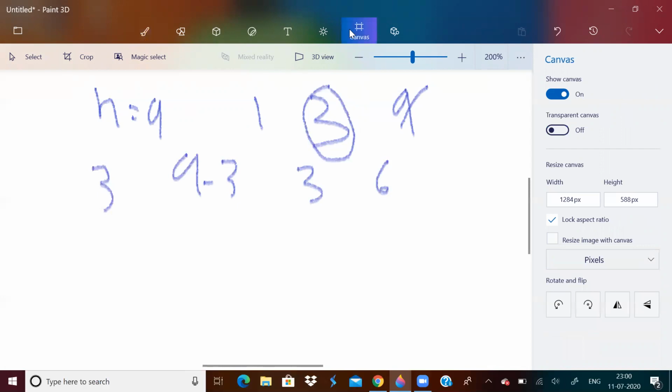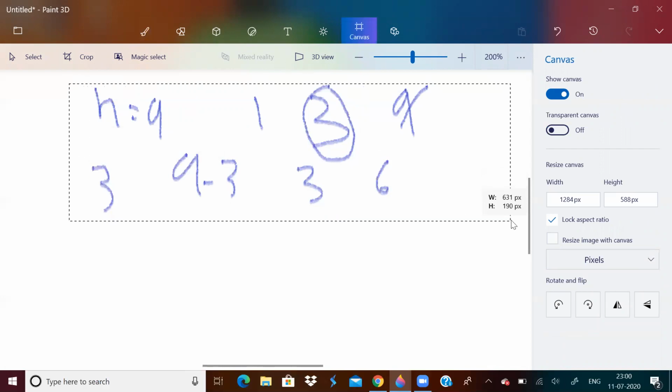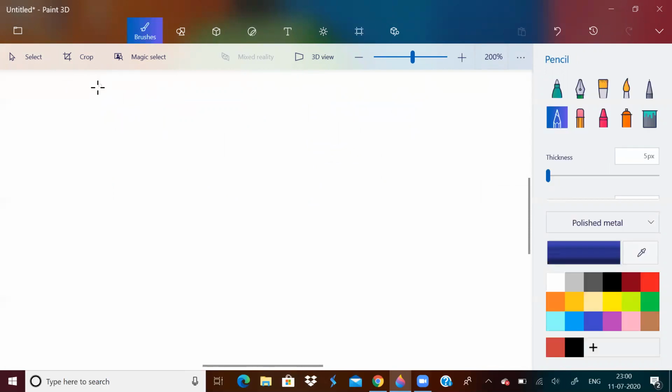Let us take some more examples. Let us say n equals 13. The largest divisor will be 1 because the divisors are 1 and 13. The largest divisor apart from n is 1. So the answer will be 1 and 12. You can see here 1 plus 12 is 13 and the LCM of 1 and 12 will be minimum. If you try to find any other pair which adds up to 13, you will get a greater LCM. This is for sure.